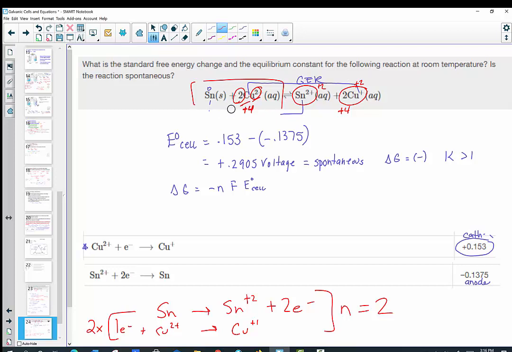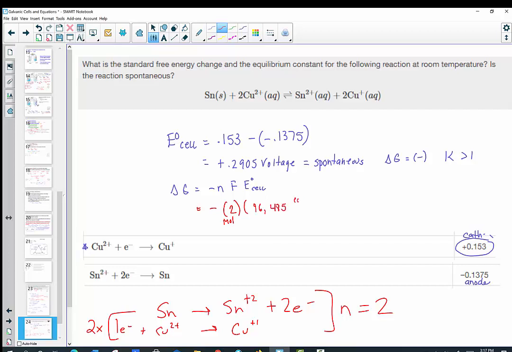So again, when I look at the overall charge, that's not always a guarantee. Make sure that you go through and look at the 2 half reactions to balance by charge using electrons to find n, the number of moles being transferred. Then, Faraday's constant. This is 2 moles, just to clarify, times 96,485 coulombs per mole